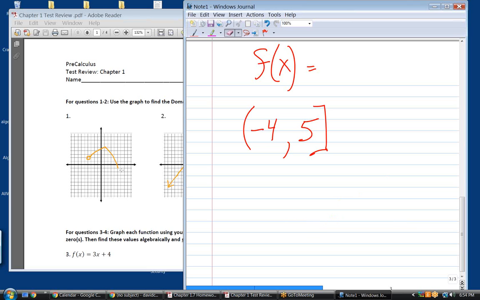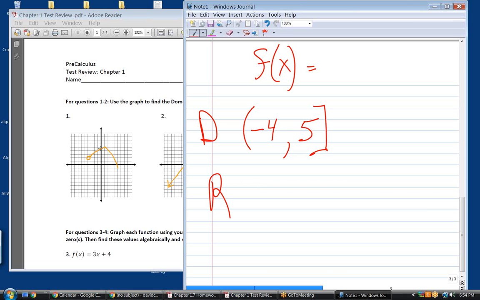So I think the absence of the arrow means it does end there. Okay, and what's the range? Range is what? Then the range is 1, 2, 3. So it'll be 3 to